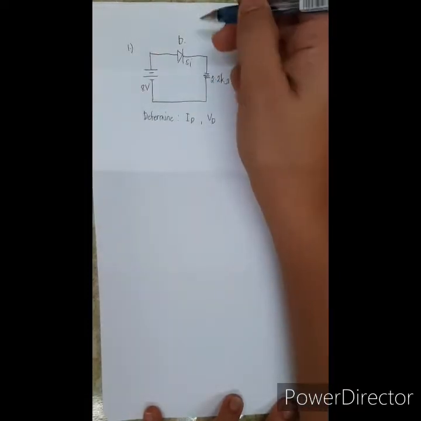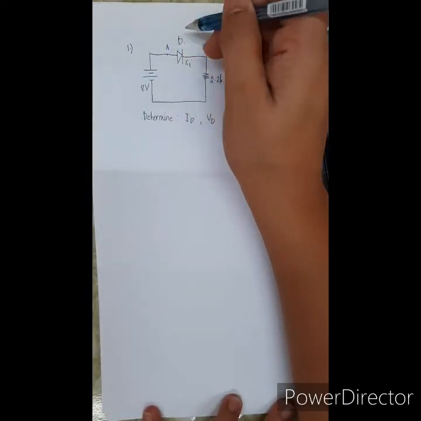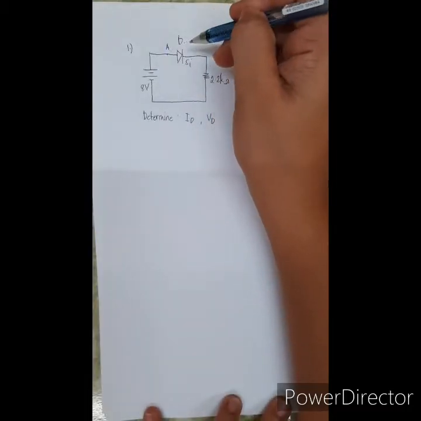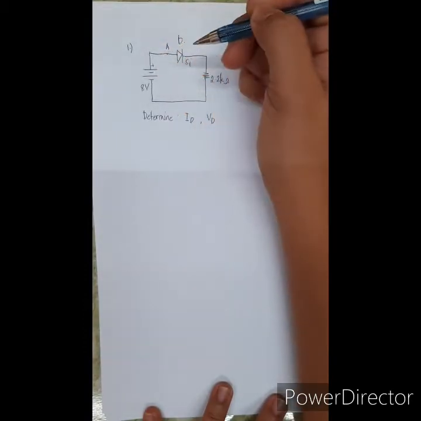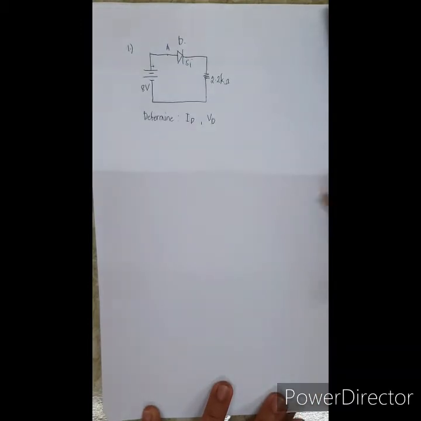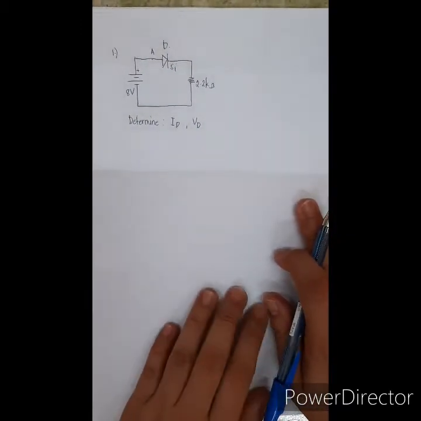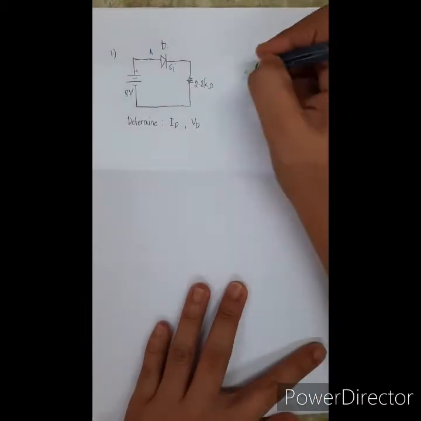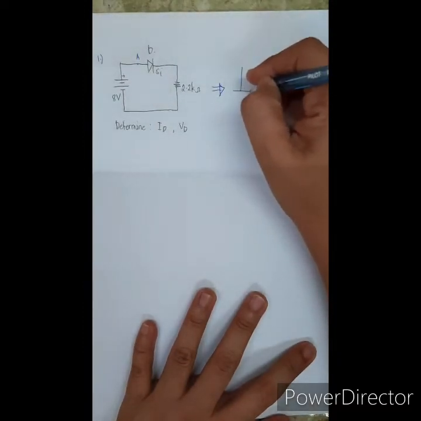This time again, inspection. If the anode is connected to the positive terminal of the battery, it is forward bias. At this point, yung anode natin konektado sa positive terminal. Therefore, the diode is in the forward bias condition. So, automatic, equivalent circuit becomes